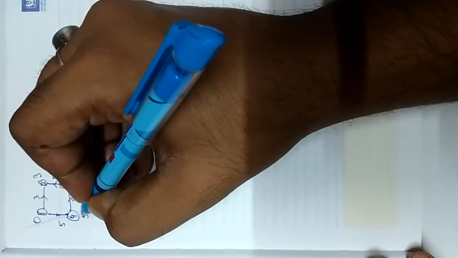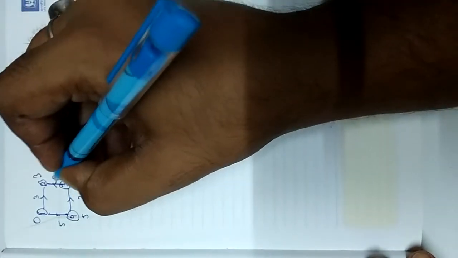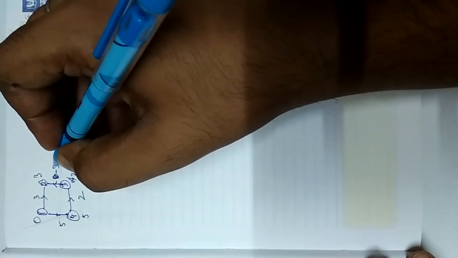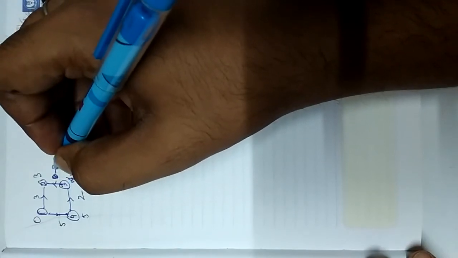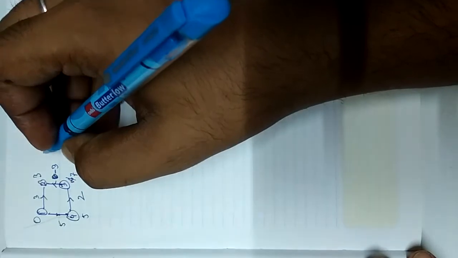Now from 1 to 3 it is infinity, but if I consider this path, it will be 7. And this is -3, so this edge is negative. So next, 7 plus -3 is 4, so this is 4, but since 3 is minimum, we can choose this one. So for this case you can update, but there are some problems where this negative edge cost